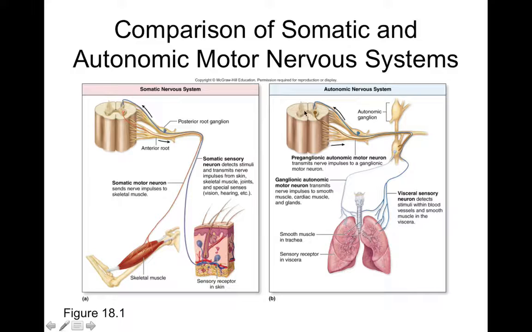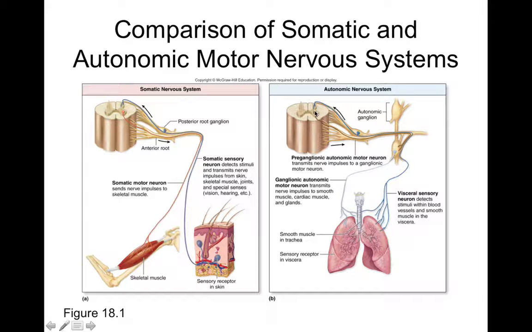Now for the autonomic nervous system, though, we find we still have sensory and motor components. So the visceral sensory system has sensory neurons that then go back towards the spinal cord. It's involved with visceral sensation, which is unconscious, right? So like stretch of certain internal organs, or the pH of your blood, or the oxygen content of your blood, or blood pressure. All of these things are actually unconsciously being sensed by the visceral sensory system, which is a branch of your autonomic nervous system. Now, we also have autonomic motor neurons.